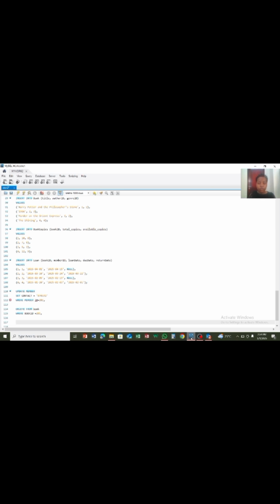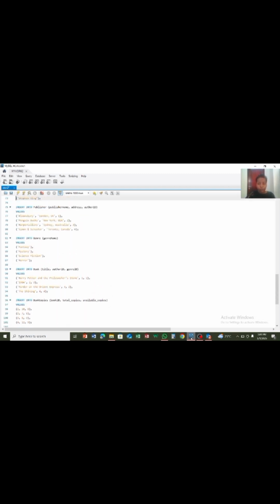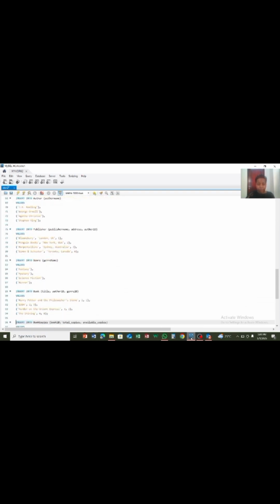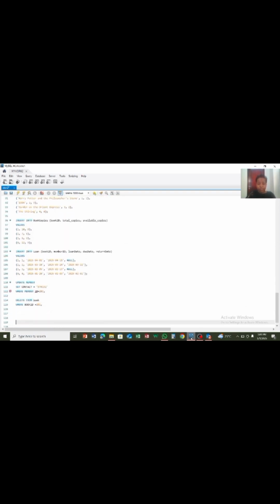Then lastly, drop. We're going to talk about drop. For drop, it completely removes a table or database. Let's say we want to remove one of our tables, and we have a lot of tables here. You can decide to remove one of the tables, because you see from here we created many tables: create table book, create table guinea, create table book copies. So we can decide to remove some tables. Therefore, its code snippet is